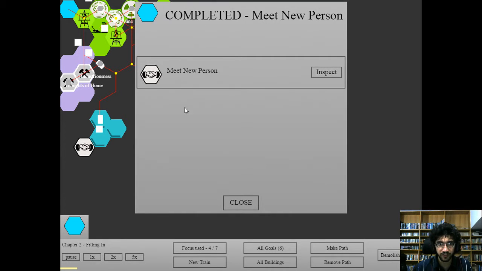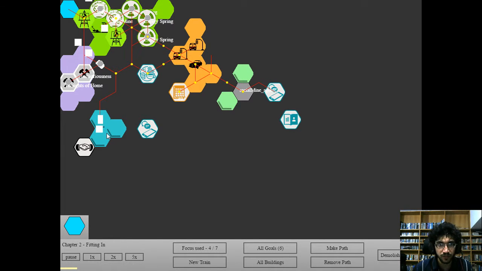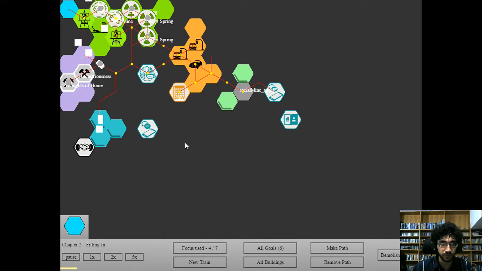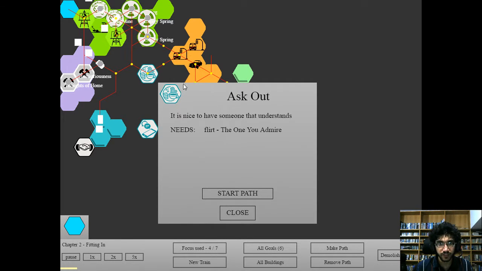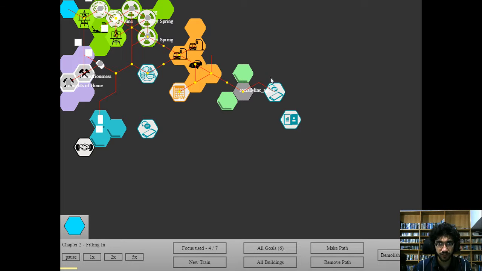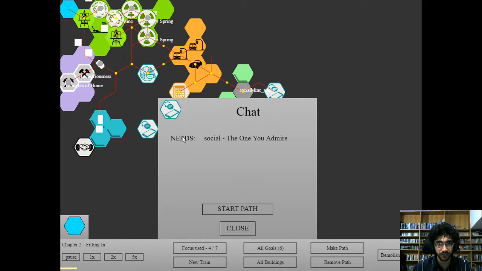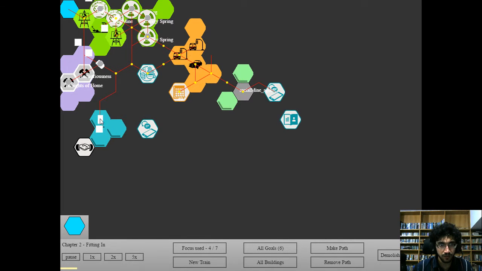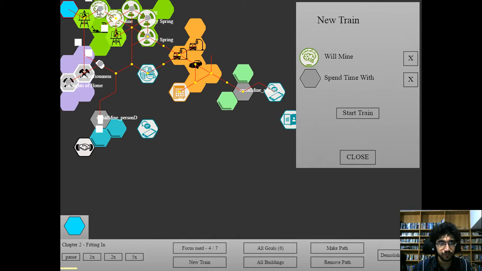And now we've met yet another person, so let's see who this person is. So this one is the one you admire, and as you can see, you can flirt with this person, right? And also fantasize about this person in case you need even more energy. So over here is the ask out goal that needs flirting, right? Which again you produce with this tower. And also, just like this other person, you can chat by producing social. So we're going to start with that, right? Let's not move too quickly. Just build a social mine here, hook that up,